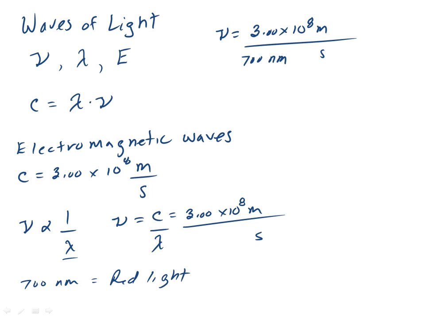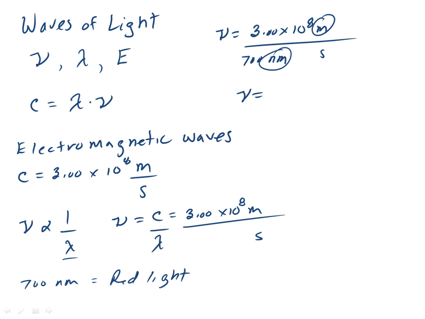Now, this is the common mistake that I see with my students calculating the frequency. If we take what we have here, the meters does not divide with the nanometers, or the nanometers does not divide with the meters. And we know frequency should be a number over seconds, which represents waves per second or cycles per second. So in order to solve this problem, we are going to have to convert the nanometers